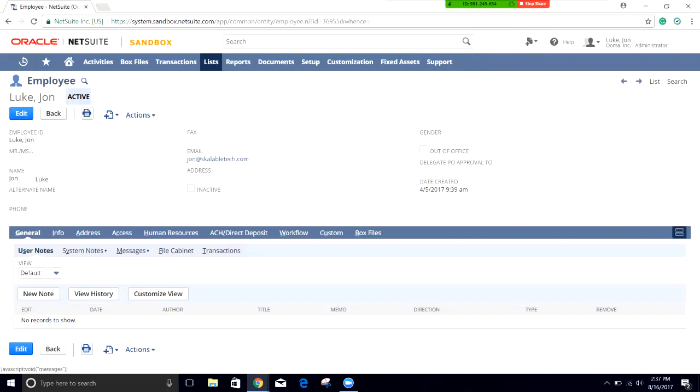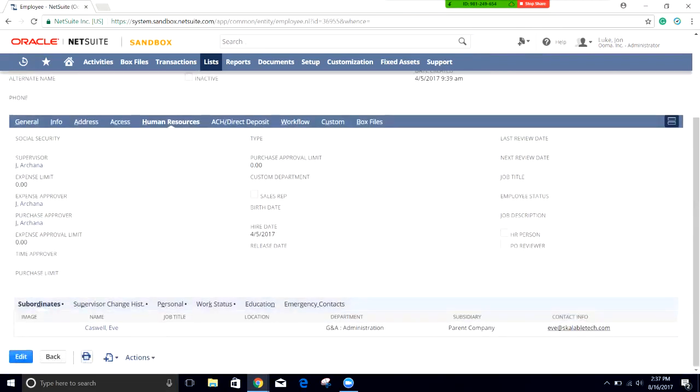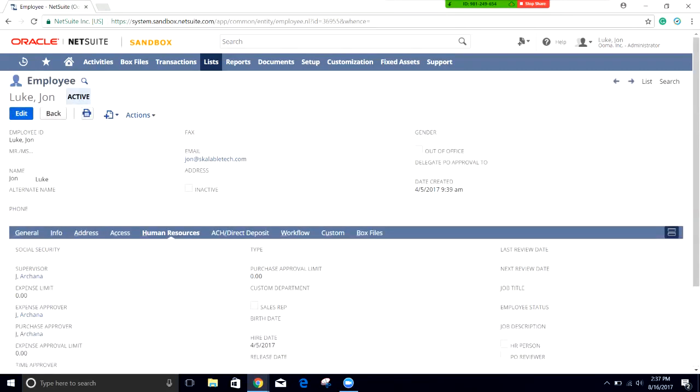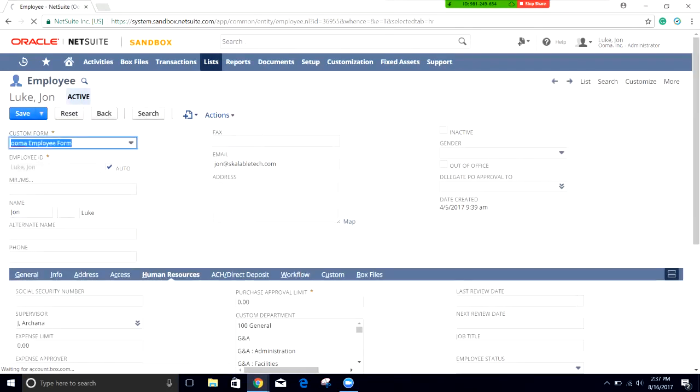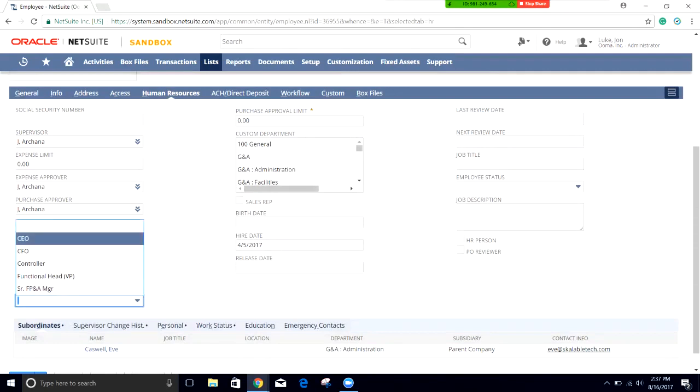Here I am in the Human Resources subtab. If we look over here, there's a custom department, which is right here, and a type. Now, if we go in to edit this employee, this is where we have set up the workflow and the scripts so that they read off of these two specific fields. So this type, if we open it up in edit, will be which type of